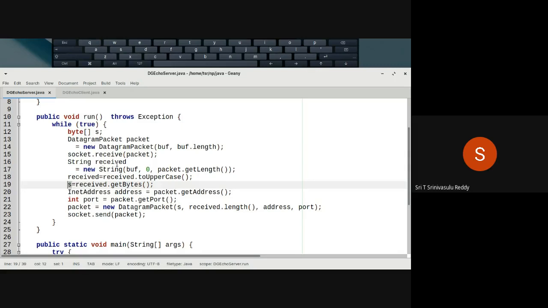Naturally the received string contains all the characters, so received.length. This received.length is nothing but the existing packet.getLength also. You can also say packet.getLength, no issue. So yes, comma, received.length.